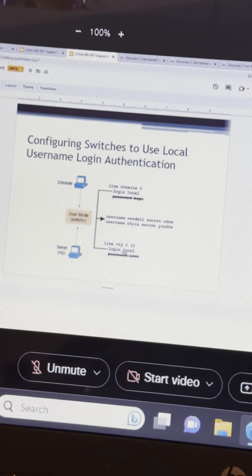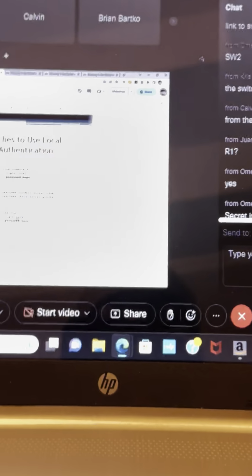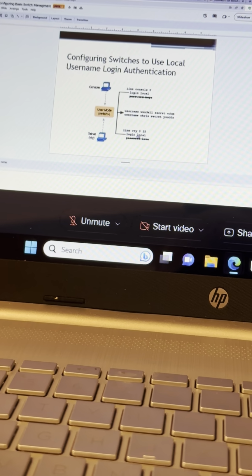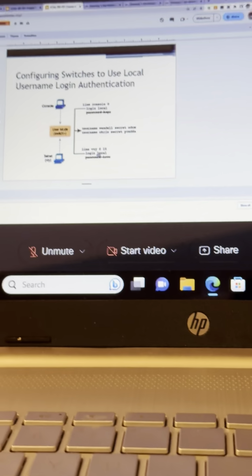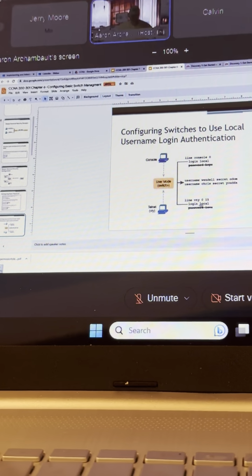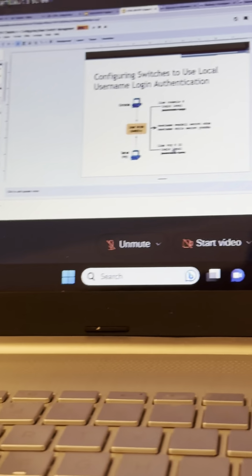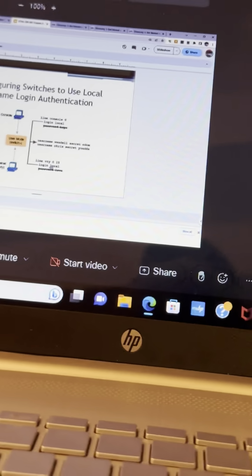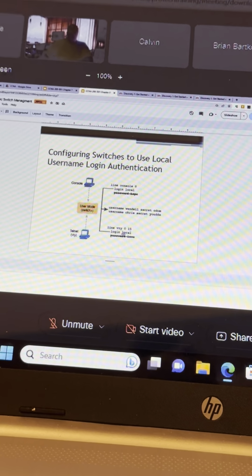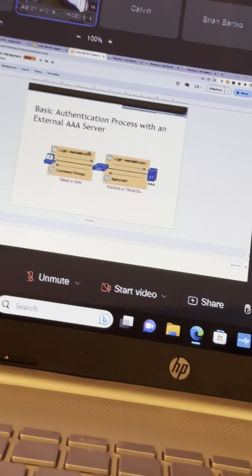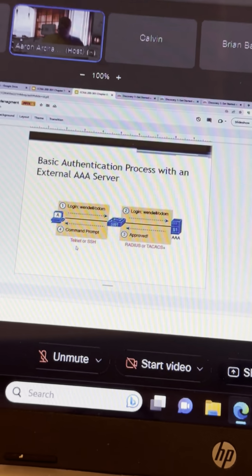So we've enhanced it a little more because we're setting up users. So we now have some accountability. If Wendell logs in and does something, Wendell will be accountable. Chris logs in and does something, Chris will be accountable. So here it is. Wendell logs in via Telnet or SSH,